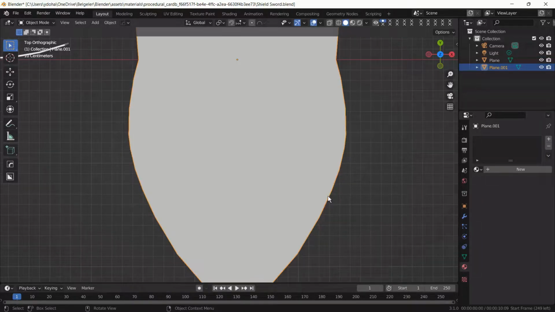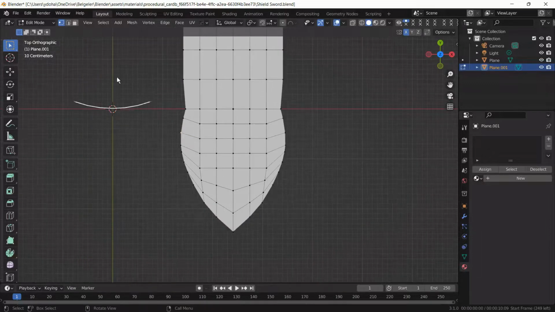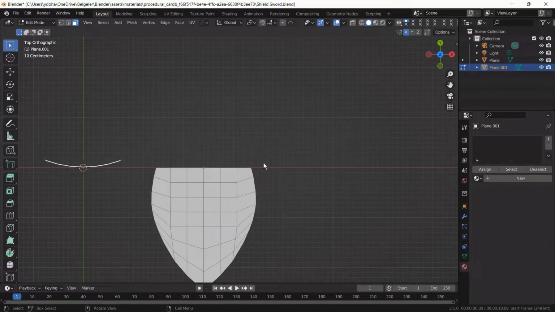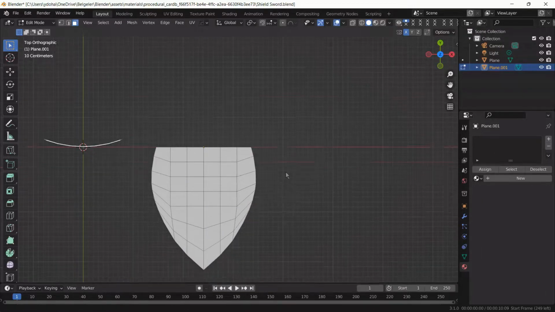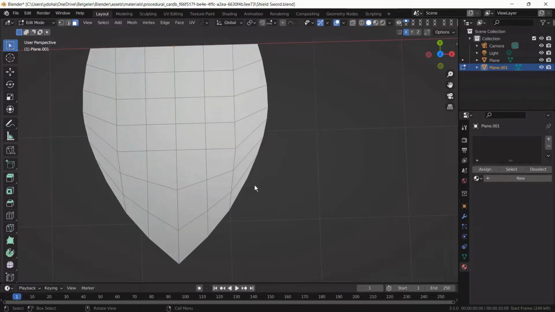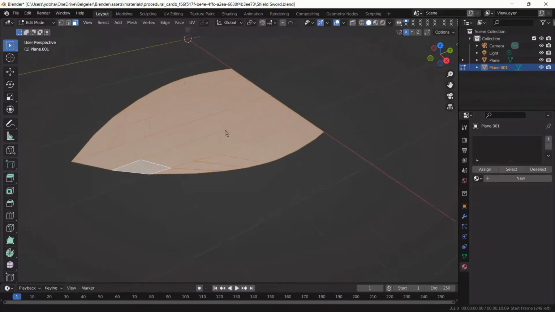As you see, you can apply shade smooth also. Yes, we don't need those faces, so we can delete them. As you see, we have our basic shield here, just in a short while, like 5 minutes. And we select all faces. We're gonna apply